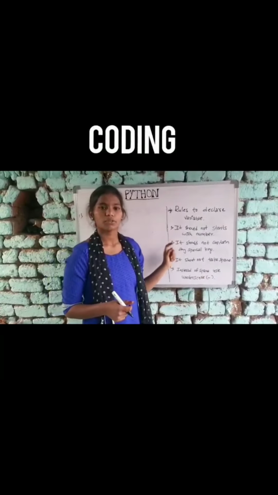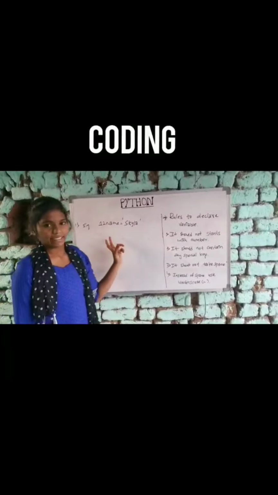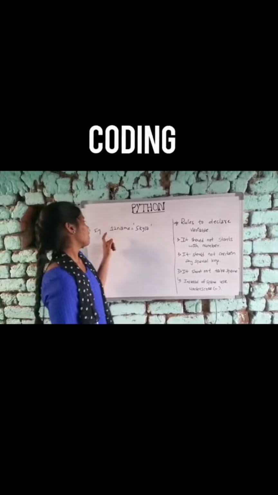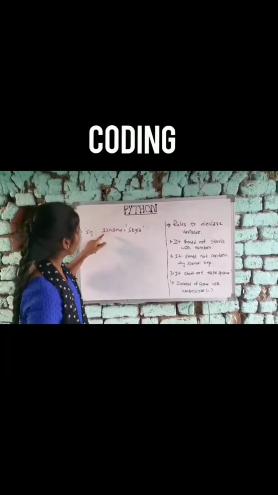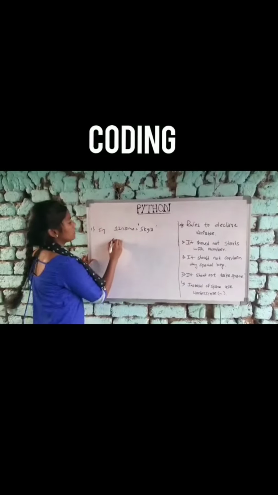First one is it should not start with numbers. Example, when we write a code like this, it shows an error because when declaring a variable, we have started with numbers. That's why it shows an error. But we can write